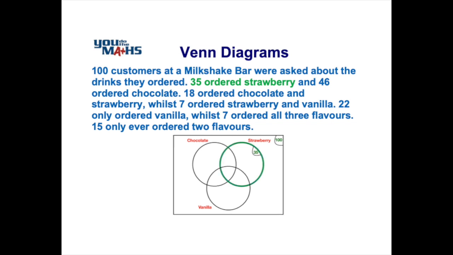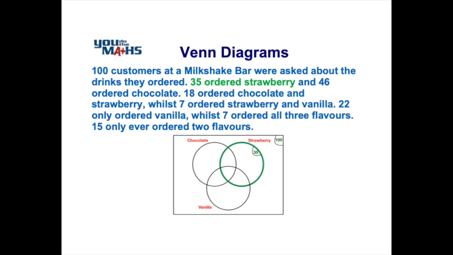And we can see here that we've bolded the green circle for strawberry. And that circle has got four segments to it. We've got some people who ordered just strawberry milkshake, some people that ordered chocolate and strawberry only, people that ordered strawberry and vanilla only, and some people that ordered all three flavors. So those values in each of those segments will eventually add to 35